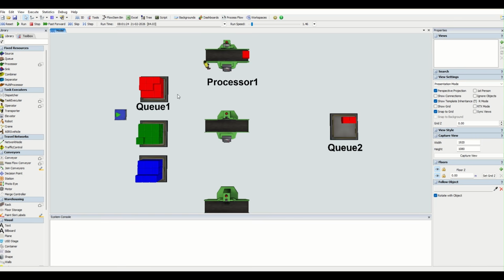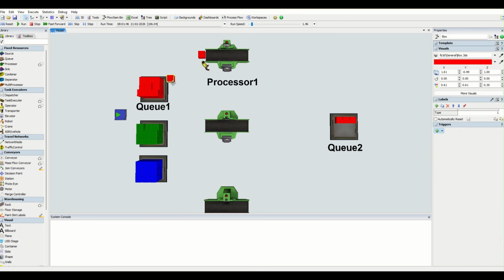But in today's video, we are going to have 3 videos in a series where we are going to understand different applications of this tool which is going to help you validate your simulation model. The first thing, if you look, you are supposed to see that this red part is going to travel from Q1 to P1, that is processor 1. We are not able to find out, part by part, what was my transfer time for this particular part. This is a very important statistic and data which is required. So the first thing which we need to get is the